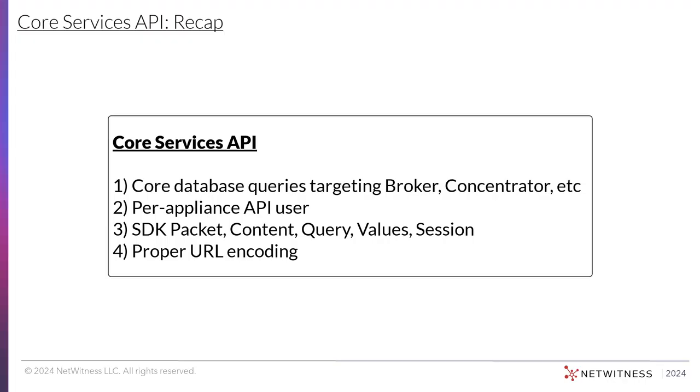Once you've picked the command to run, pay special attention to encoding special characters in those commands, and also get familiar with the format that data is returned in. So once you have the Core Services API under your belt, you'll be able to extract metadata, generate PCAPs, render files, and more. Combine that with your Respond API capability, and I think you'll be well positioned to automate many